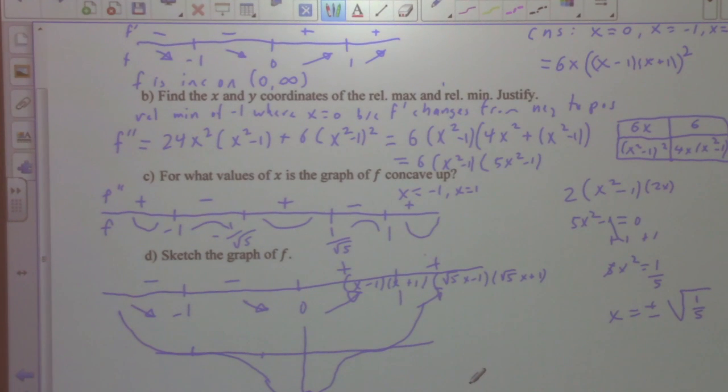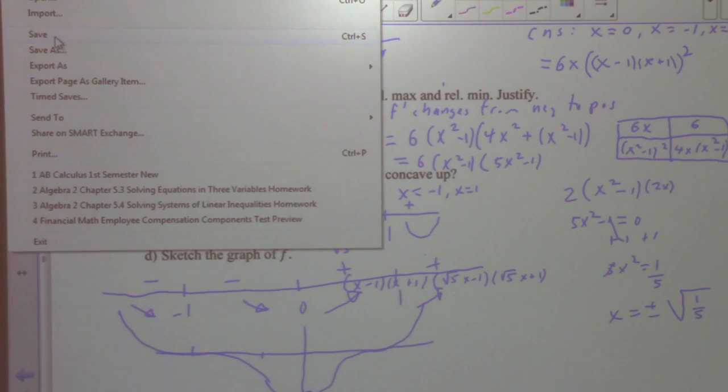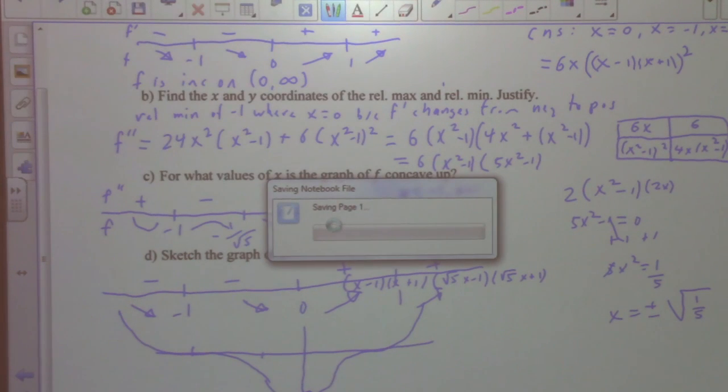Now what I want to do, we're really out of time, is I'm going to keep it here, and we're going to start tomorrow by just looking at our calculator and seeing if that matches what we have here. It should. Okay, thank you. And what I want to do too